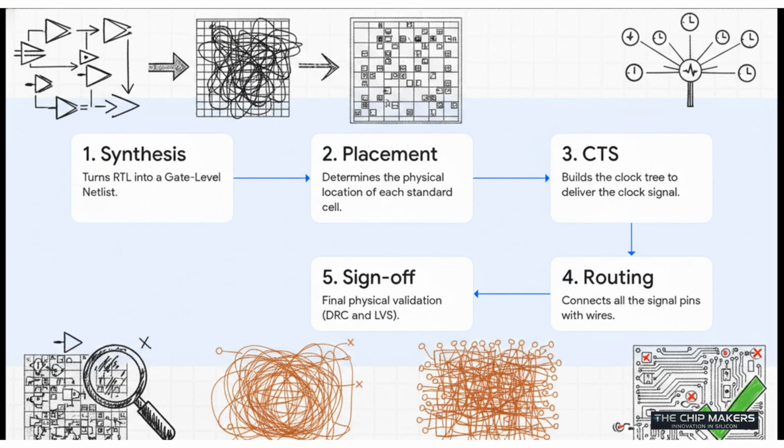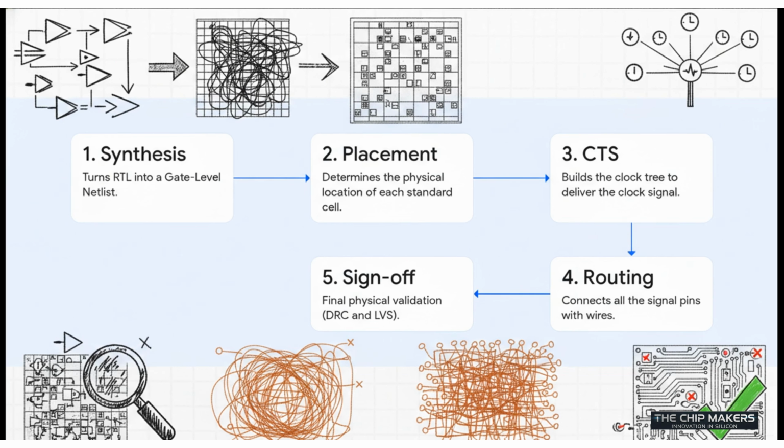Then comes placement, where our software meticulously, and I mean meticulously, arranges millions of tiny components on the chip. After that, we have clock tree synthesis. This is like building the chip's central nervous system, making sure every single part of the chip is perfectly synchronized. Next is routing, where the software literally draws the millions upon millions of tiny wires that connect everything together. And finally, we have sign-off, which is the super rigorous testing process to make absolutely sure our design is ready